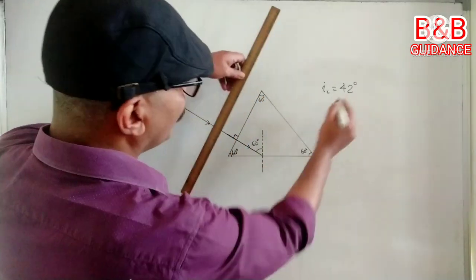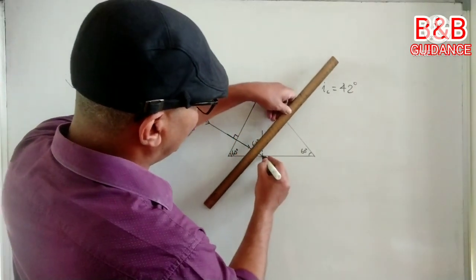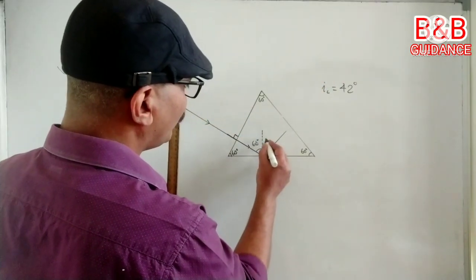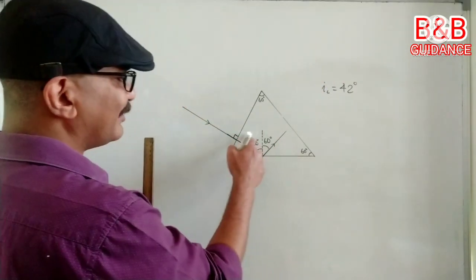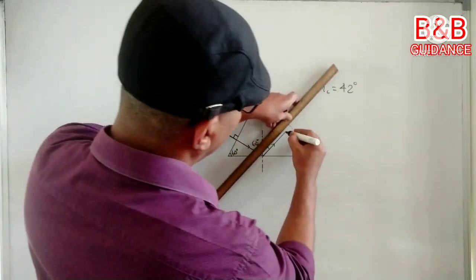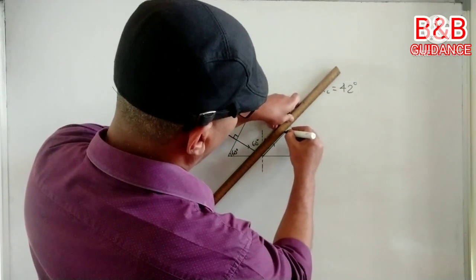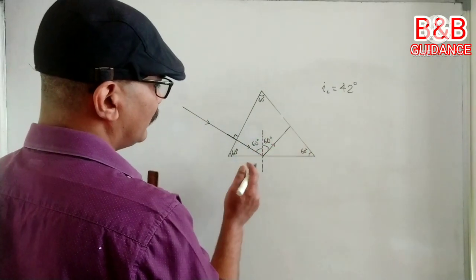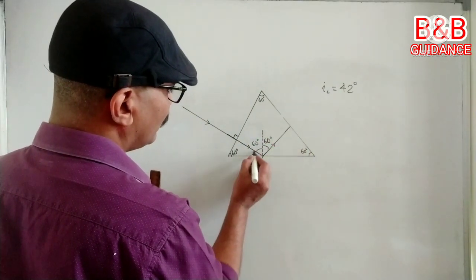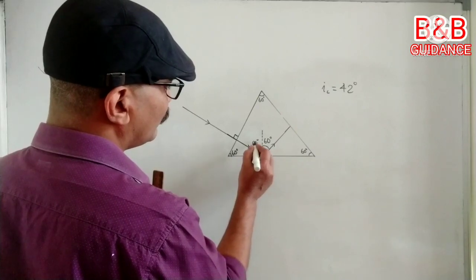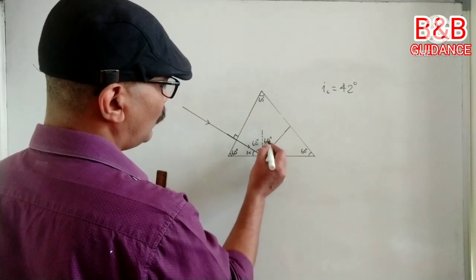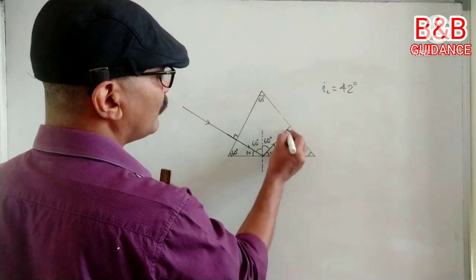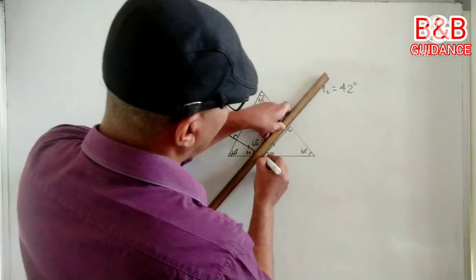This angle is 60 degree. Because that is greater than critical angle, total internal reflection takes place. So this will be like this. So this angle also will be 60 degree. You must mention these two angles. Okay, and it reaches here. When it reaches here, what will be this angle? Will it be 90? This is 60, and this is already 30. So 120 plus 30 is 150, so remaining this will be 30. So quite natural this will be 90. So it goes without a deviation.